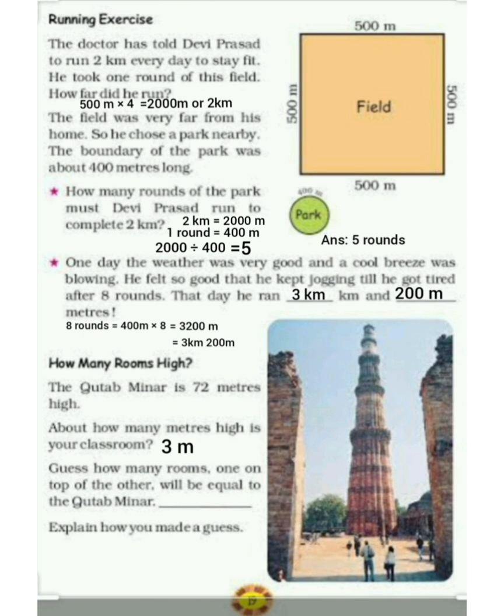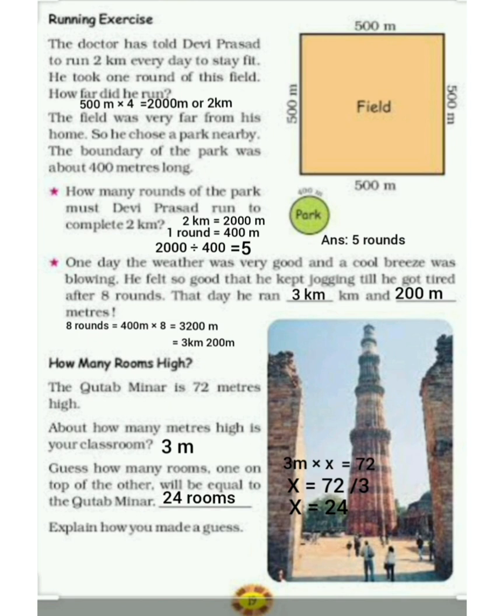One room has 3 meters. Then how many rooms are there in 72 meters? Let us now find out. 3 meters is multiplied by x. It's the room value. We don't know the value. How many rooms? That's why I'll take x. 3 meters into x equals 72. Then x equals 72 divided by 3. So our answer is 24. So our Qutub Minar has 24 rooms.